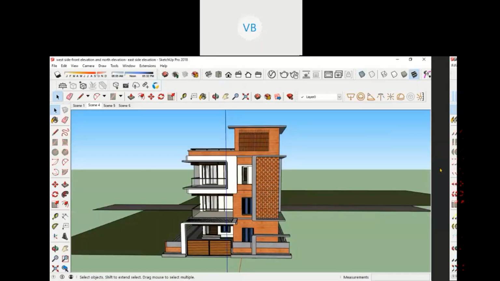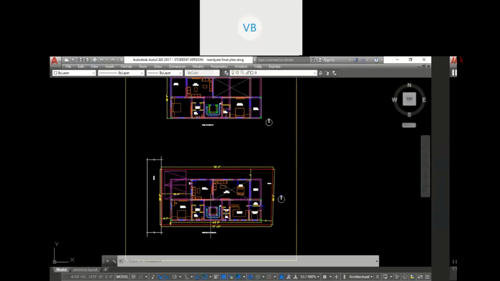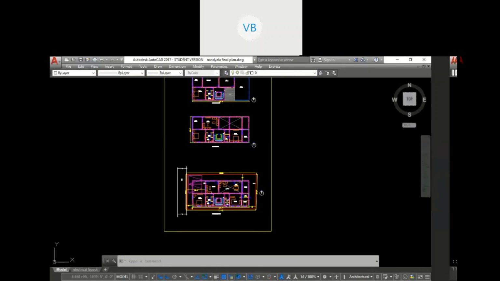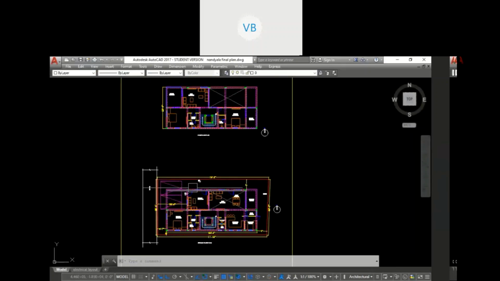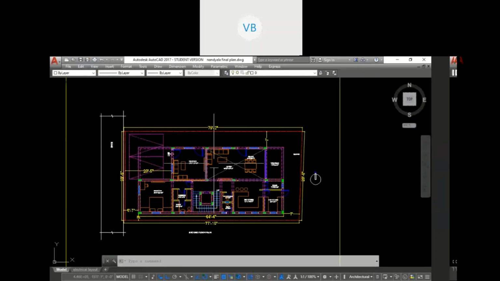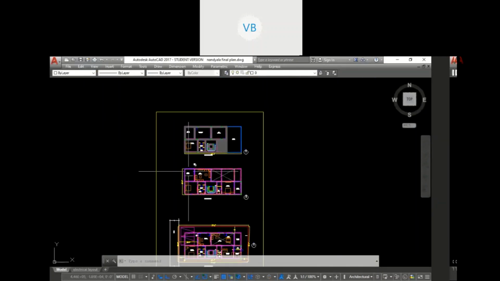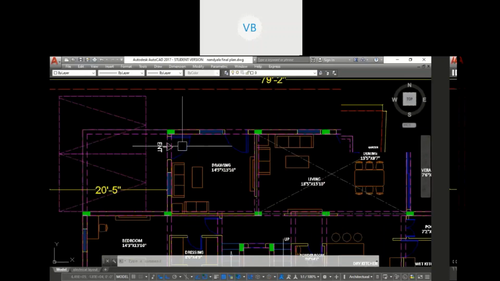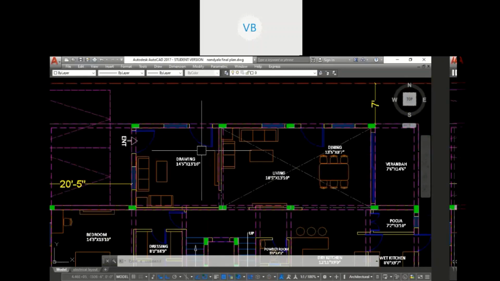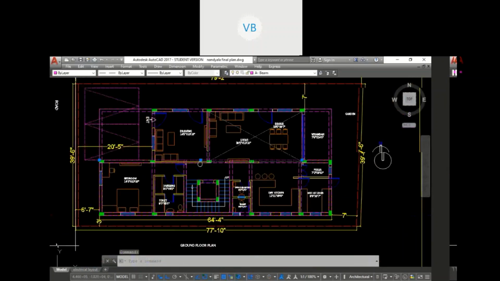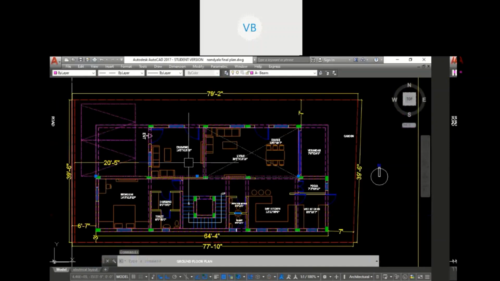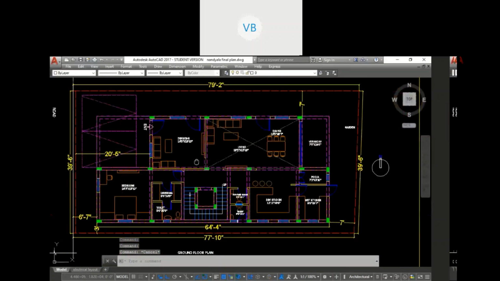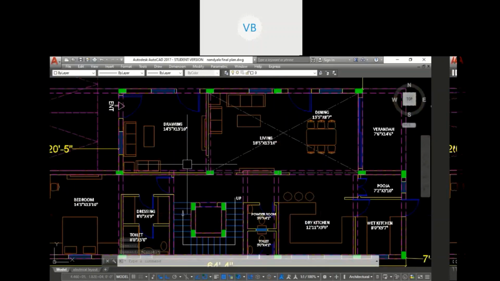Okay, AutoCAD is visible, right? So basically, whenever you are importing these files, make sure you delete all the things which are unnecessary for your modeling. For example, these pink lines are the column beams here, and the dotted lines are shown dotted. As of now, we don't need those internal beams.